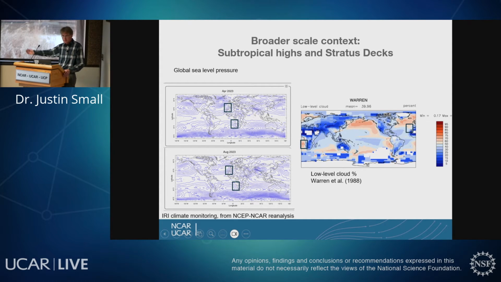You have this low cloud even in summer. And there's an interaction. You get the cold water from the upwelling. That can actually help support the stratocumulus clouds by providing a stable environment in the atmosphere. But I won't talk much more about the clouds, but I'll just acknowledge that they're another important feature.